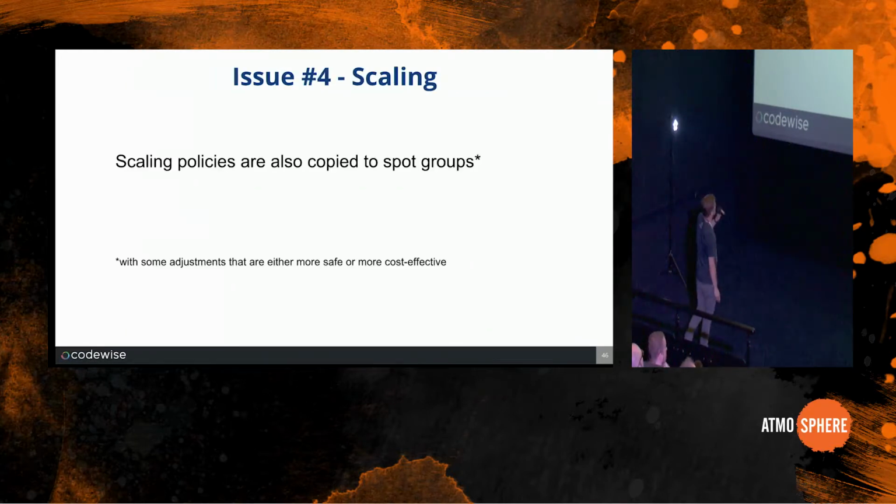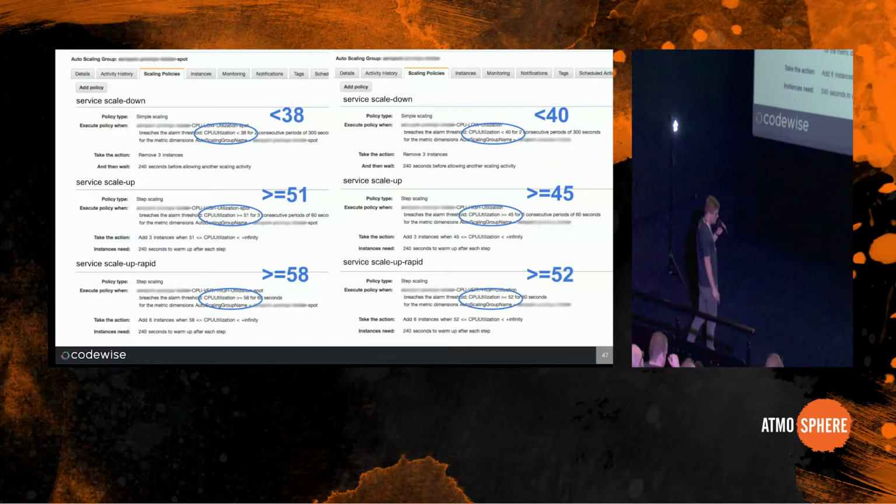And what about scaling? Obviously scaling is really important to us because the traffic tends to have spikes during the day. That's why we needed to come up with some solution regarding scaling. How we did it is basically we copied the auto-scaling policies of the on-demands of the service that we are migrating to Spotty, but then, and this is a manual step because it depends on the service, we adjust